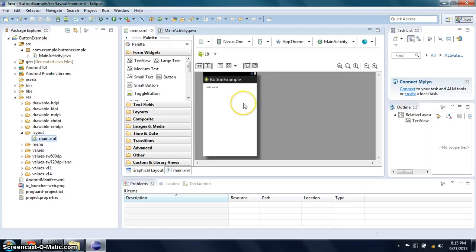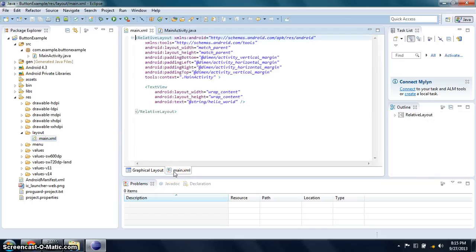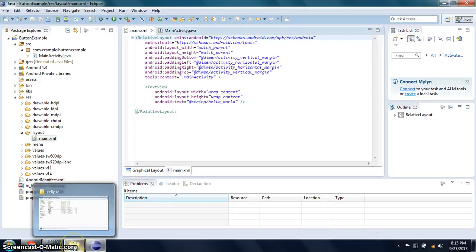Click the main.xml tab at the bottom of the screen to open the main XML and paste the following. I have already downloaded some code from the internet.